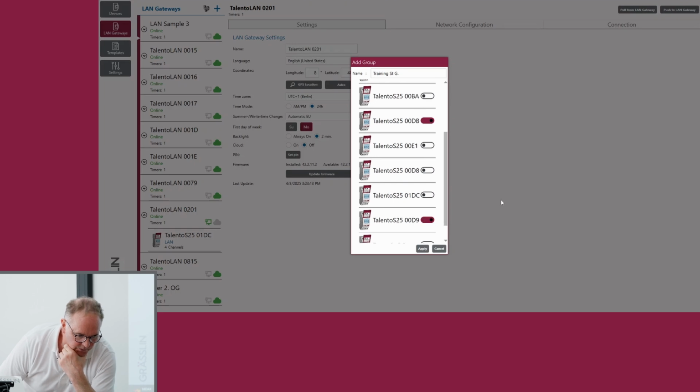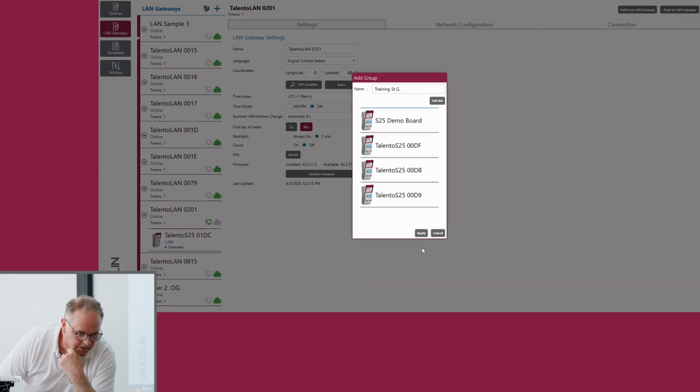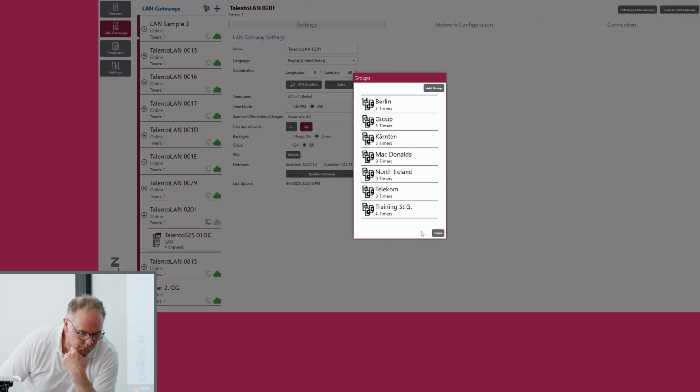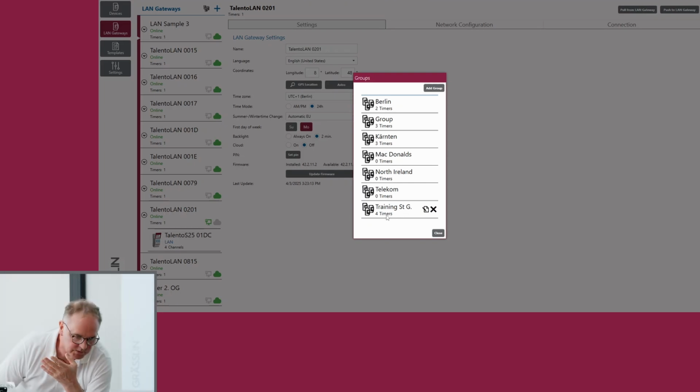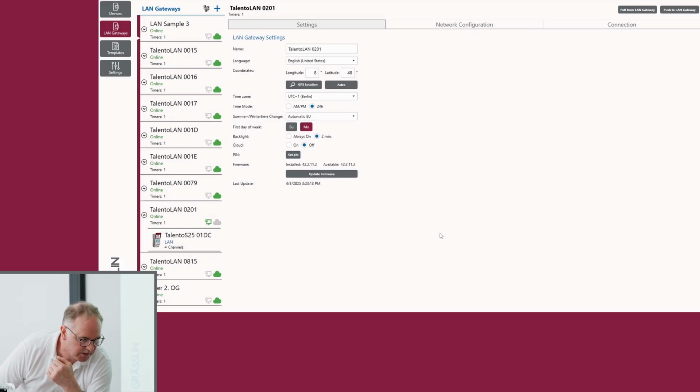Now I have selected 4 of them, then say apply. I see these are the timers which I have, and then I say apply again, and the group is available. You can see training St. Georgen, 4 timers are selected, and I can use that group, can close it, and if I would like to use that group, go to a template,